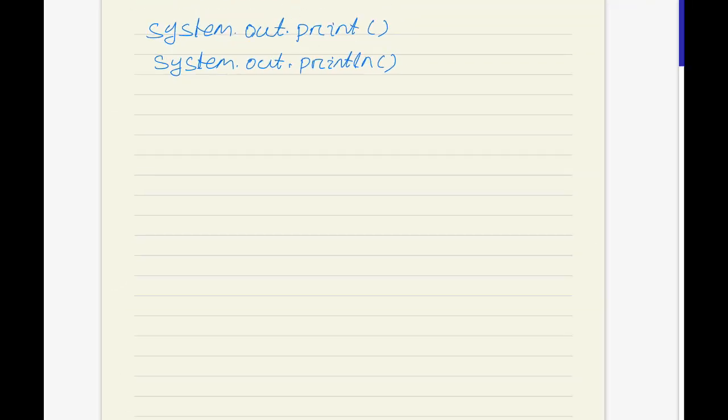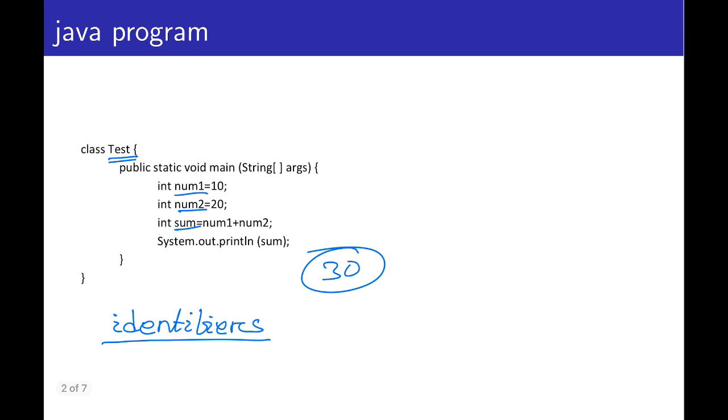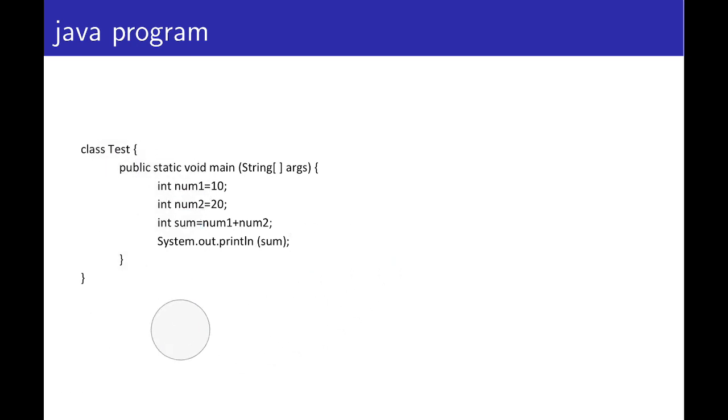Here you can see in our previous program, we have defined the value of num1 is 10, the value of num2 is 20 in the program. But in some cases, the input to the program is required at runtime. That means the program is going to ask for that input, your data, and depending on that it proceeds. So in that case, we need to know how to give input during runtime.